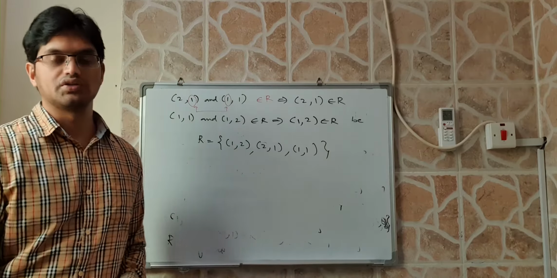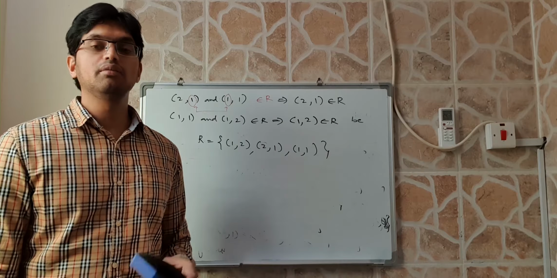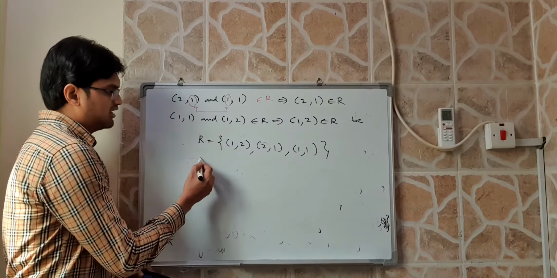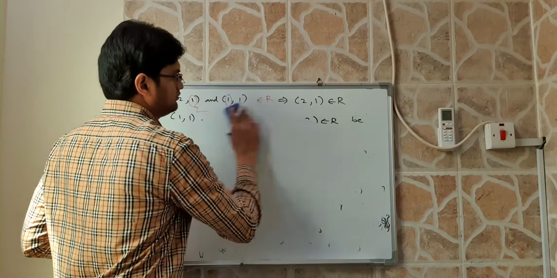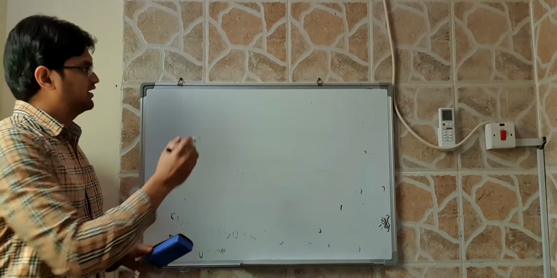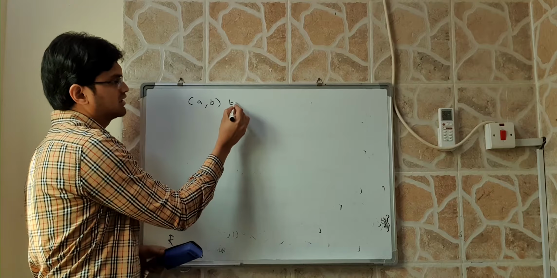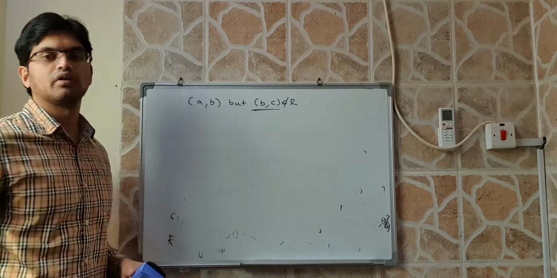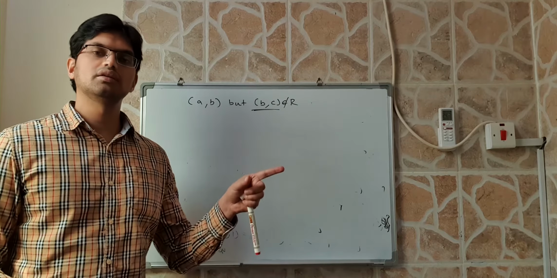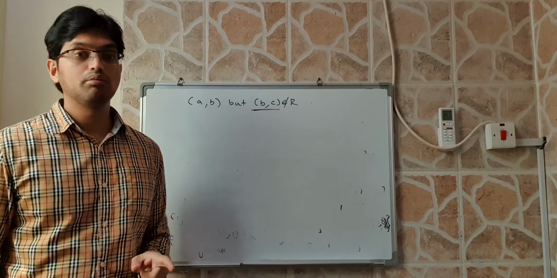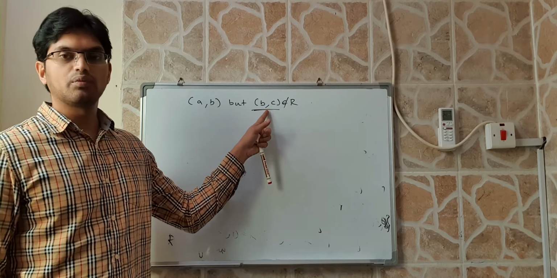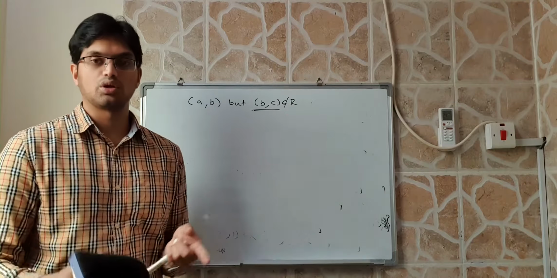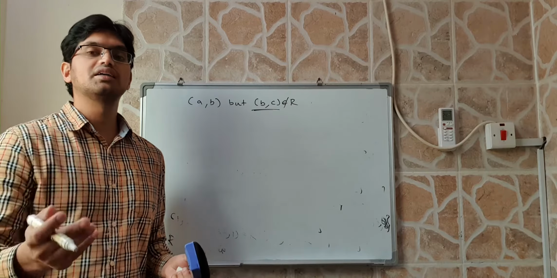Sometimes they may not give you the second thing which I am now explaining. Let us say they have given you (a, b), but (b, c) does not belong to R. This is not given to you. In that situation also, we can consider the relation as transitive. Why? Because this second ordered pair is not given, so I don't have to check whether (a, c) is there or not. So it is not going against the definition.